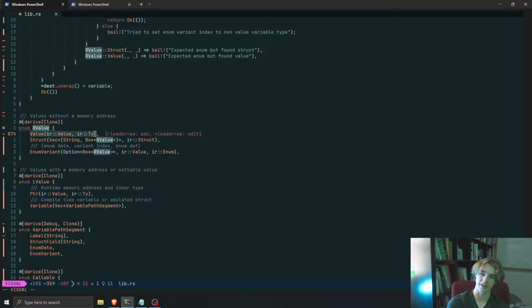Because I'm unsure how to handle. The main problem is that it could contain a struct or it could contain a native value. If it contains a native value,